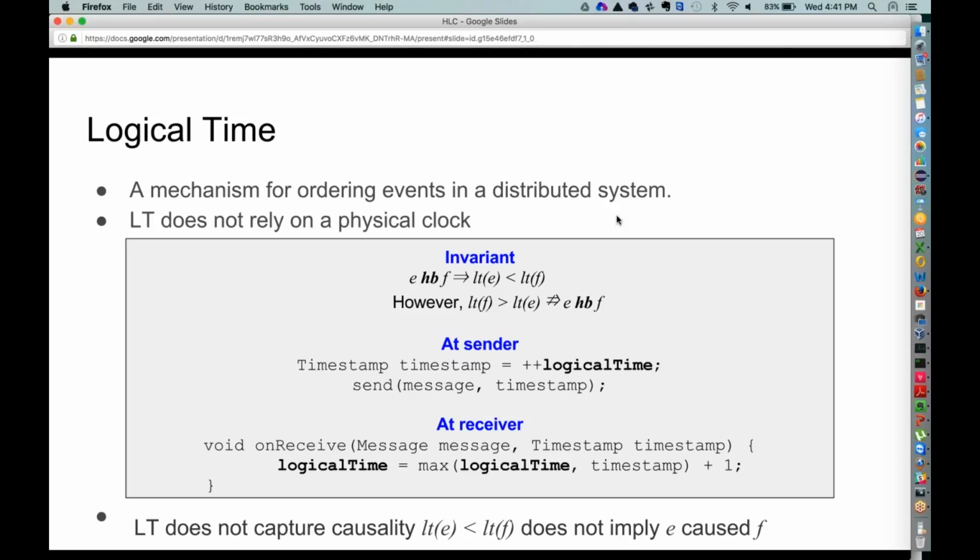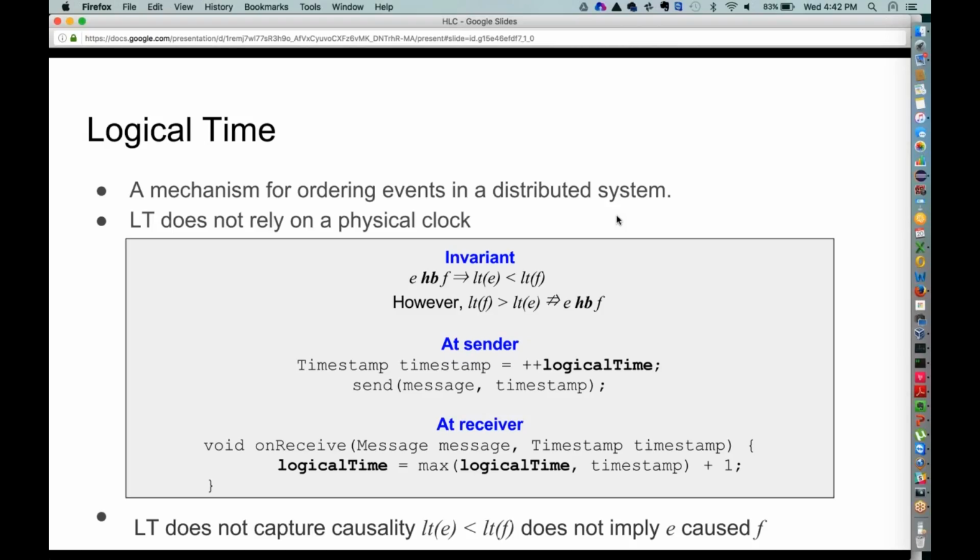The way they do it is whenever a message is sent by the sender, it will include its counter value, its timestamp value, and then sends the message out. And when a node receives the message, it takes the timestamp value in that message, and then it updates its counter to reflect the fact that it has now known about an event which happened in the past.